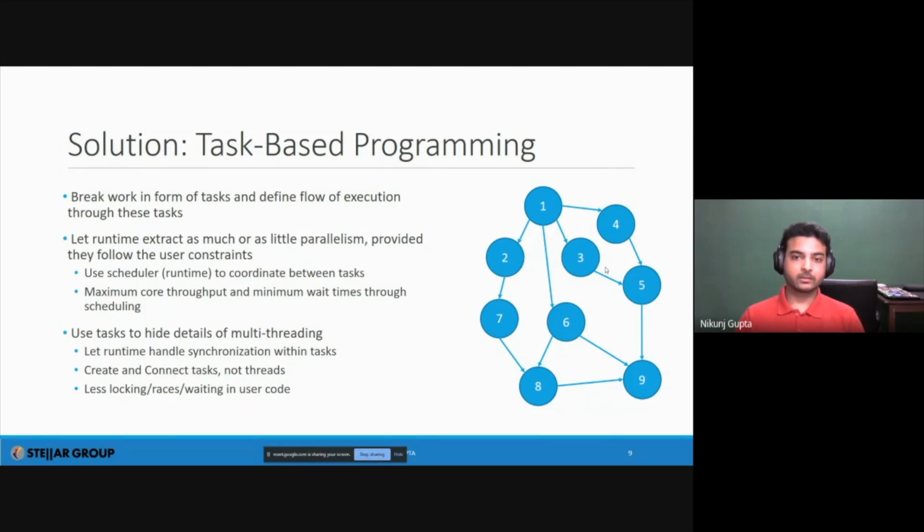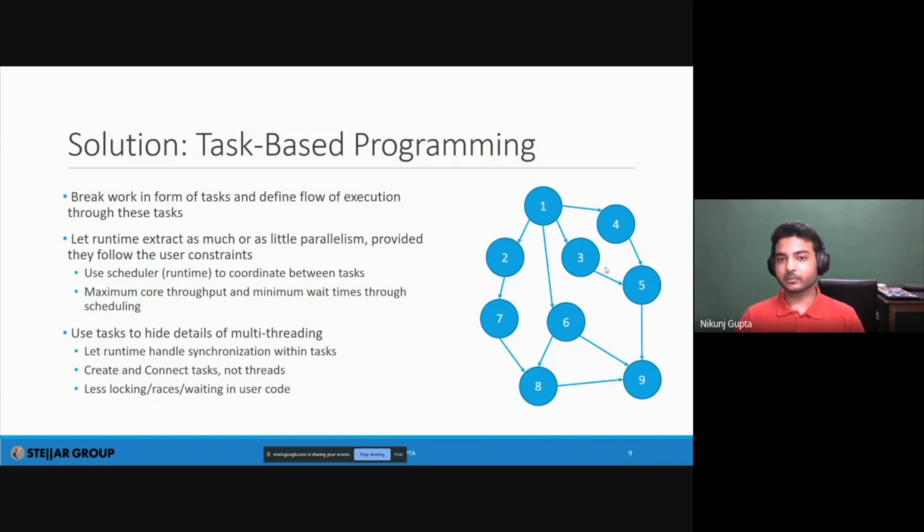So you have to work with mutexes, you have to work with conditional variables and whatnot. And in the end, you're actually trying to implement and re-implement things yourself. You have to take care of the whole synchronization. You have to take care of everything yourself. So what happens with task-based systems is, since you're already doing things in terms of tasks, the runtime has the potential to handle synchronizations for you. So you no longer need to work with mutexes. You no longer need to work with conditional variables.